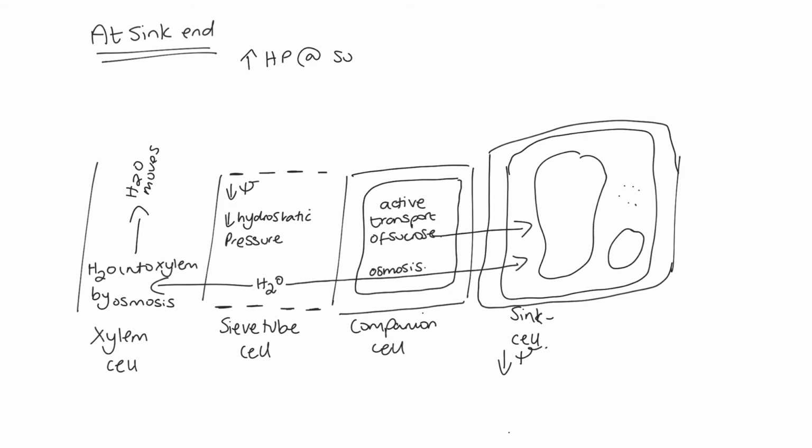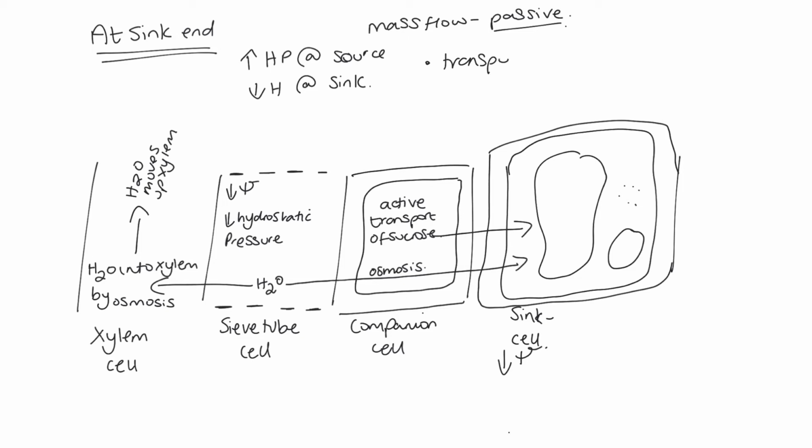Because things are moving down their gradient, the actual mass flow is a passive process. It just requires active transport for the loading and the unloading. This means that the movement of sugars around the plant can be affected just like any other metabolic process. So it can be affected by temperature, it can be affected by pH, and it can be affected by metabolic poisons. So, like I said earlier on, we're pretty confident about the mass flow hypothesis as a scientific community, but